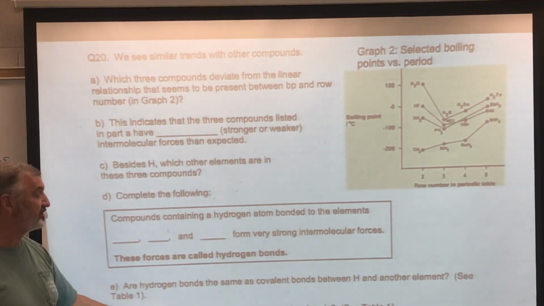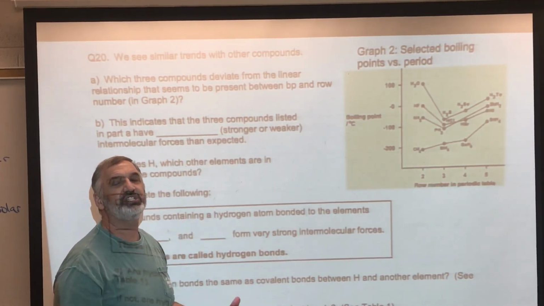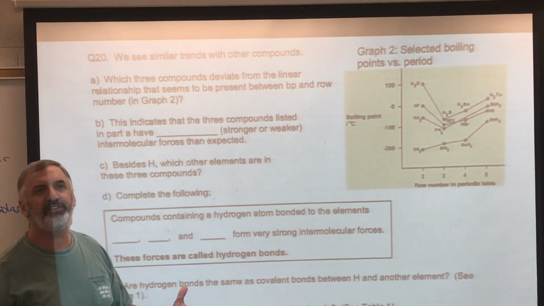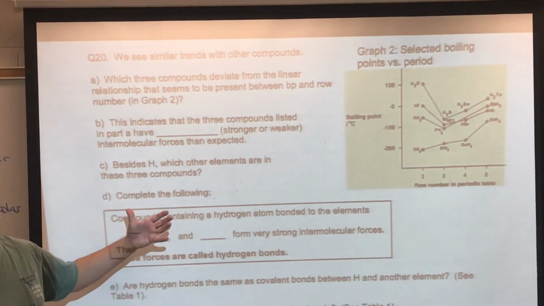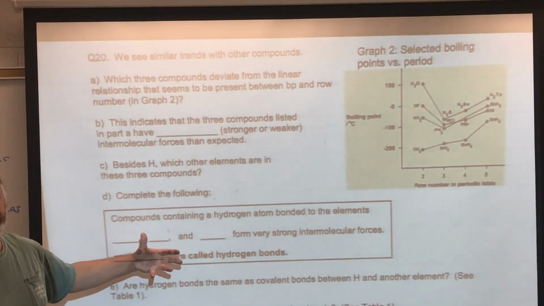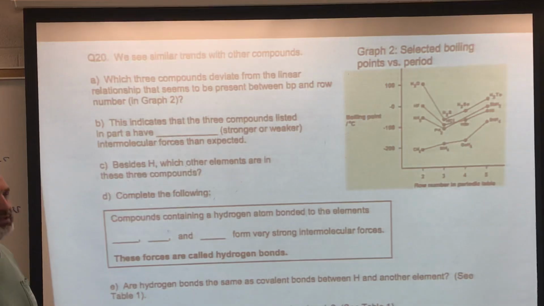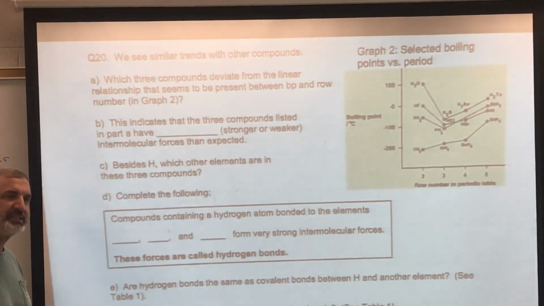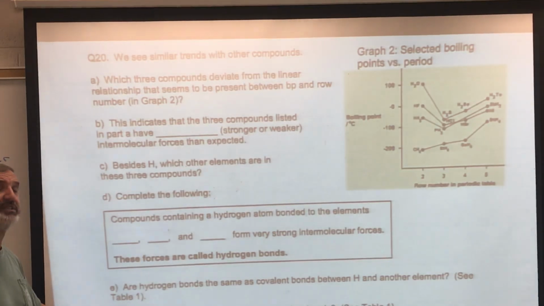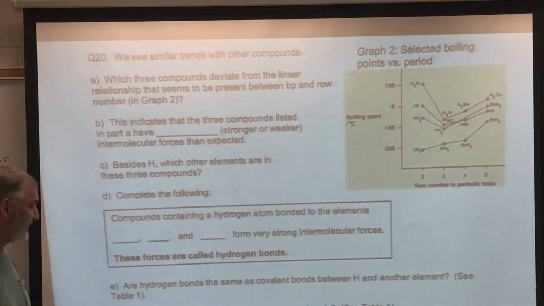So if not, are hydrogen bonds stronger or weaker? Obviously they're weaker. We saw the chart at the top. They're significantly weaker. What was it? The value of 40 for a hydrogen bond versus 600 or 800 for an ionic or covalent bond. So it's significantly smaller, weaker than a covalent bond. So that's important. It's the strongest of the IMFs, but compared to a covalent bond or an ionic bond, very, very weak, okay?